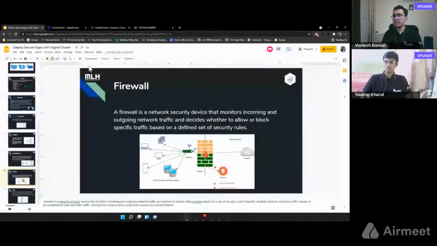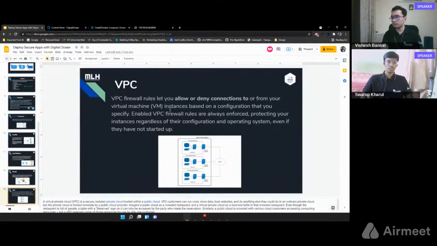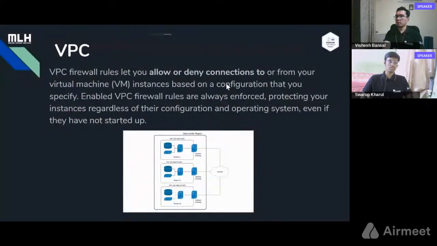Now coming towards the end, we have something known as VPC. VPC allows us to request, accept or deny connections according to our use cases. So let's say our services are hosted on the cloud, but the cloud is being used by millions of people. If you want to isolate your instance, let's say you're a big company and you have very important data in your backend and you want to isolate it from the rest of the cloud, that is where VPC kicks in.